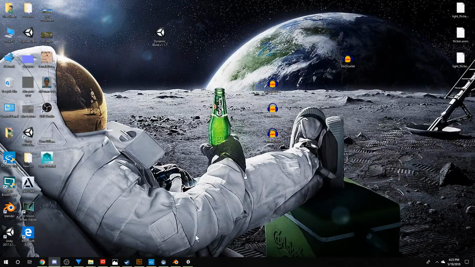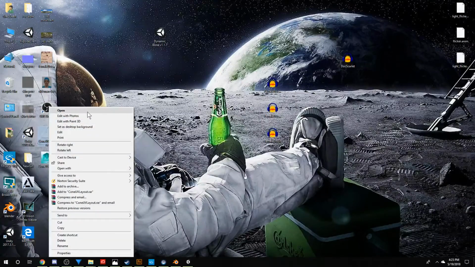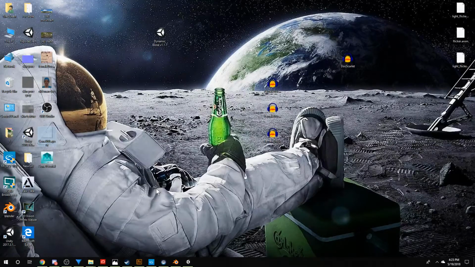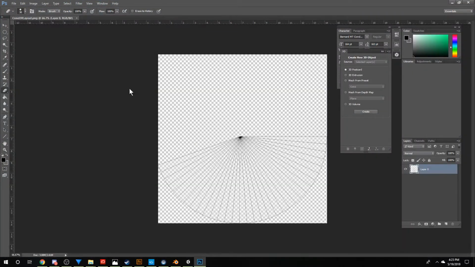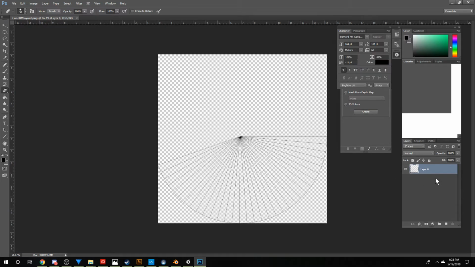So let me just kind of show you what you would need to do. I'm just going to use Photoshop. So I'm going to find my layout. I'm going to open it in Photoshop. So what you're going to do is use this layer as just your template layer. And you're going to click on the little create new layer button, because we're going to delete this one before we're done. We don't want this in there. So on the new layer, you're going to